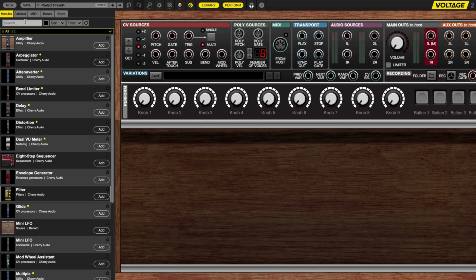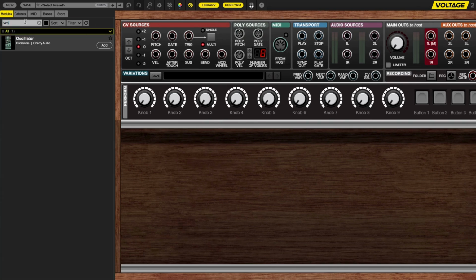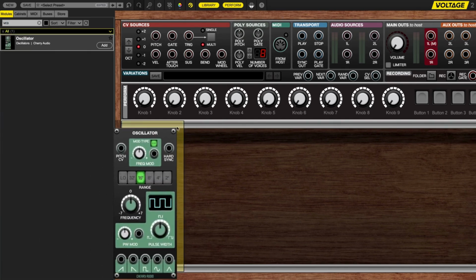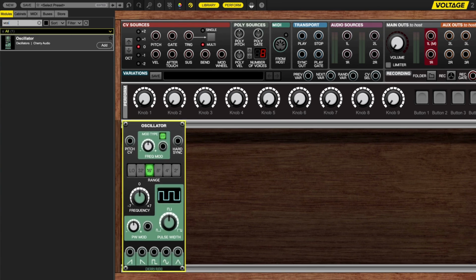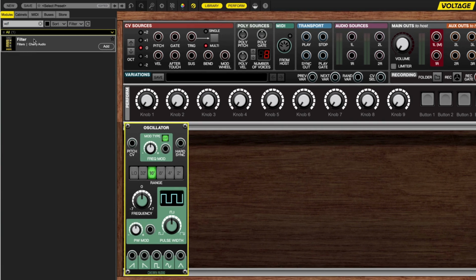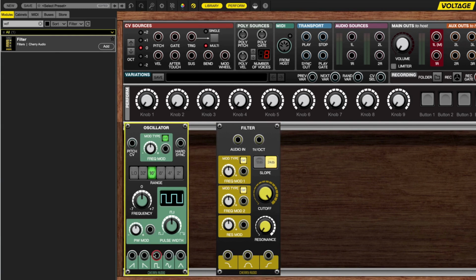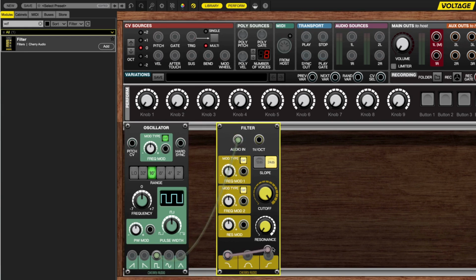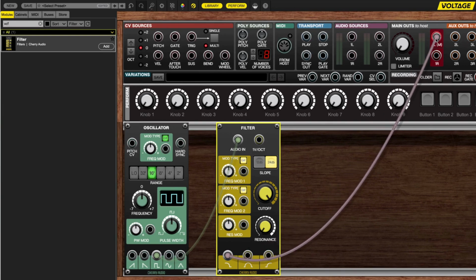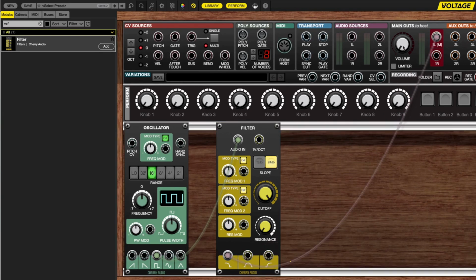Let's do this simple exercise together to learn how to use Voltage Modular. Go to the search bar at the top and select the VCO module. Drag it into the rack. Next, search for the VCF module. Import it and make the connections. Take the square wave output from the VCO and connect it to the audio in of the VCF module. Then take the low-pass output, or high-cut, call it however you prefer, and route it to the main out, located